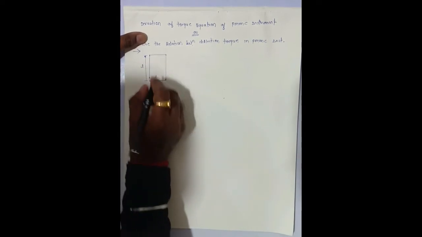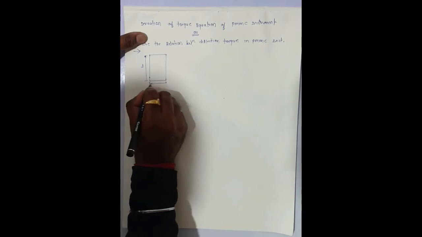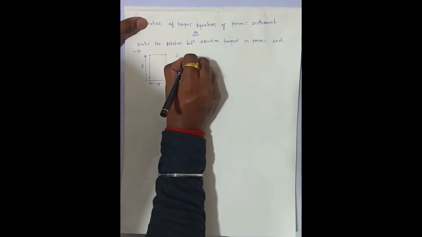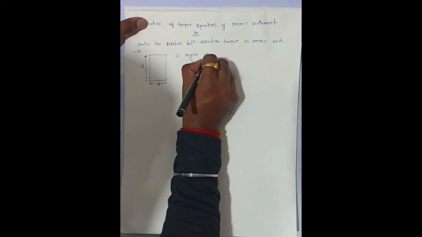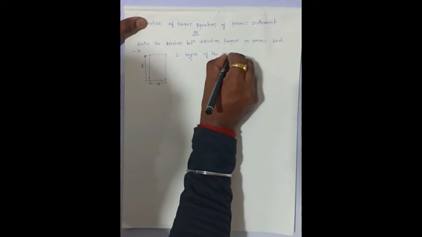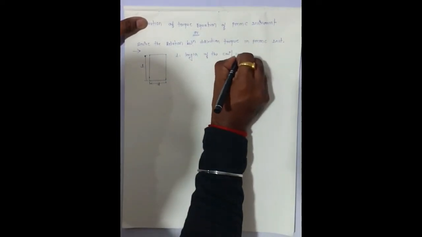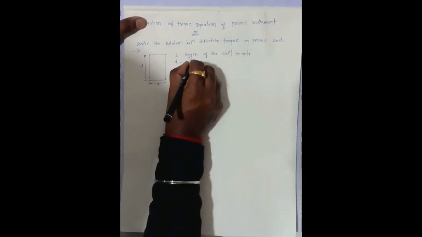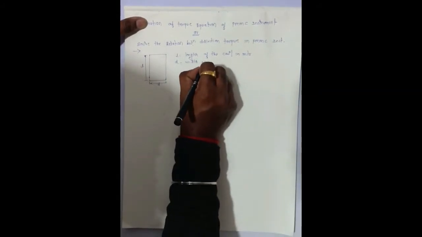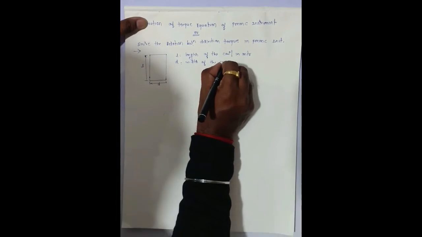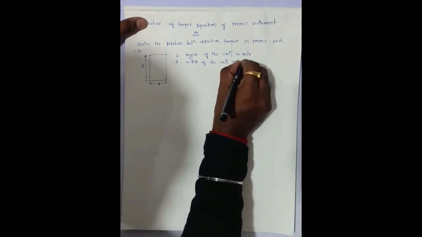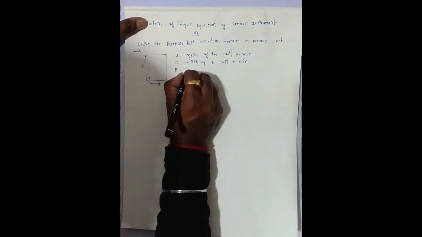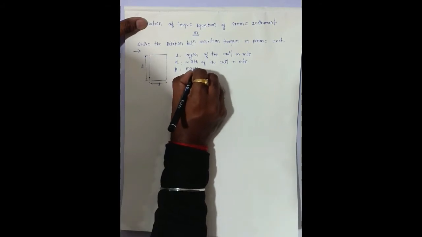This is L, this is the width. So L is equal to the length of the coil in meters, D is equal to the width of the coil in meters, B is equal to the magnetic flux density,